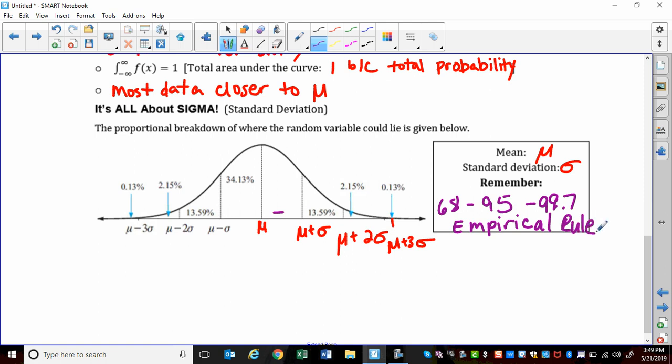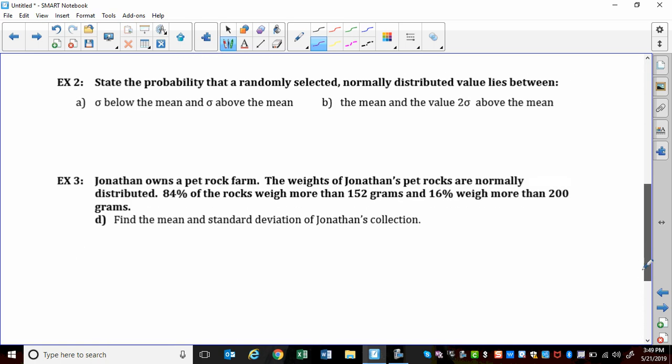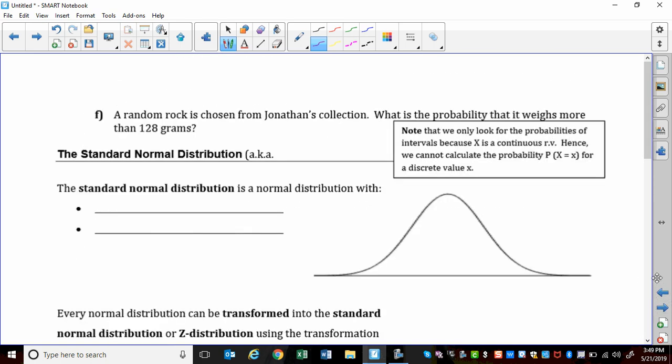Many of you might know how to use your calculator to figure these out. Remember, this is symmetric, so this is also 34.13, or 13.59, perfect. Alrighty, you guys can try this out. You can also use your calculator if you know how. You just want to go through this. Standard deviation,